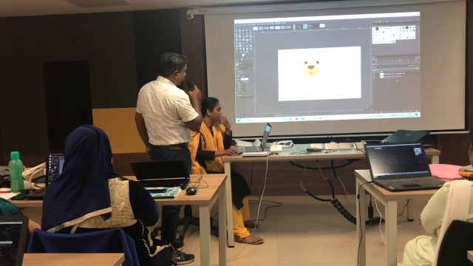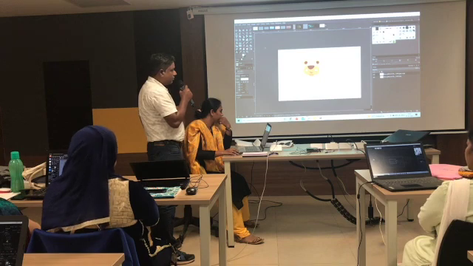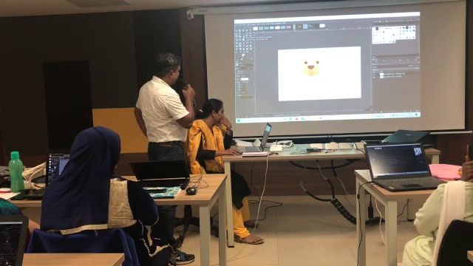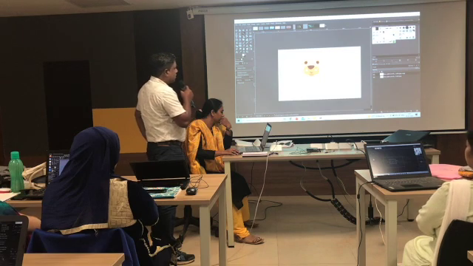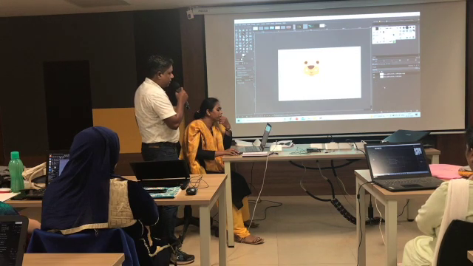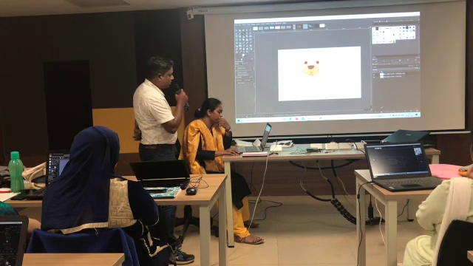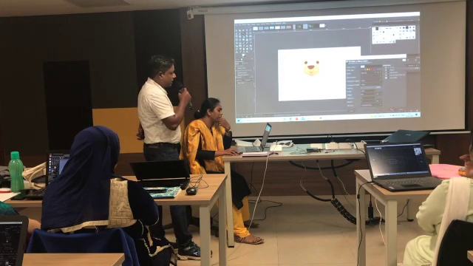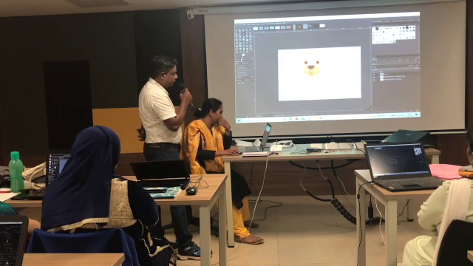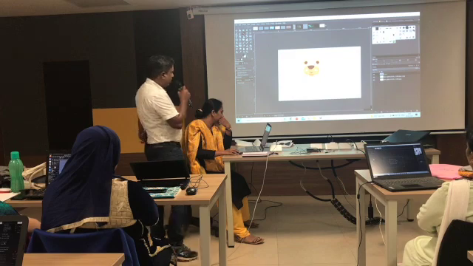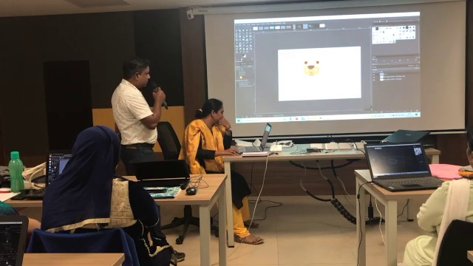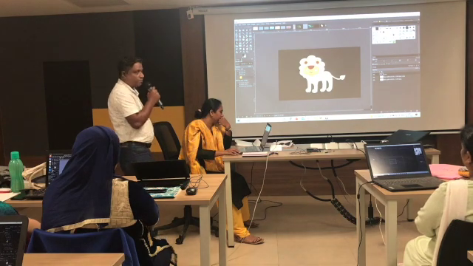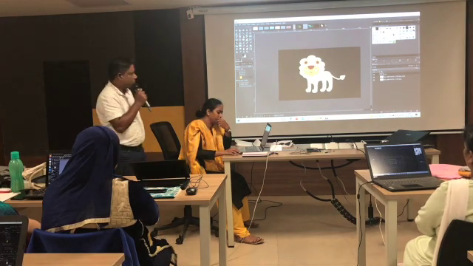Then we take a fuzzy tool, duplicate the layers. First, go to file. Take the fuzzy tool, click on it, it will highlight, then create a blank layer, or you can rename the layer if you require. Take a fill color, select black color, say OK, and paste it on the white background.